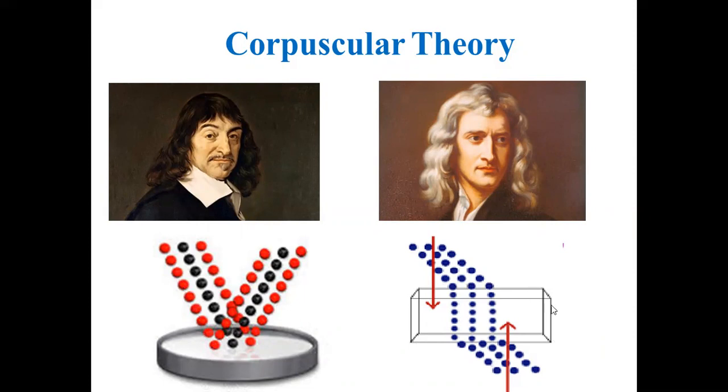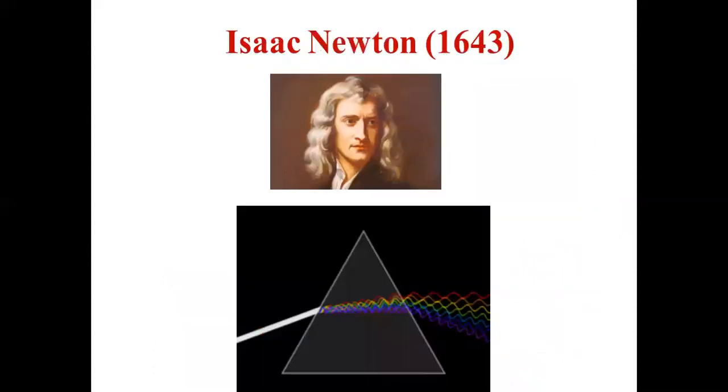Whereas a refracting surface, say this is a glass slab, what happens? When corpuscles fall on the refracting surface, they are attracted by the surface normally. That's why they change direction. But the only problem with corpuscular theory was that it says that when light travels from a rarer to a denser medium, it bends away from the normal and its speed increases. This is against the observed facts, which say that the speed of light decreases when it enters a denser medium. The theory says light bends away from the normal and its speed increases. That was a major drawback of the theory.